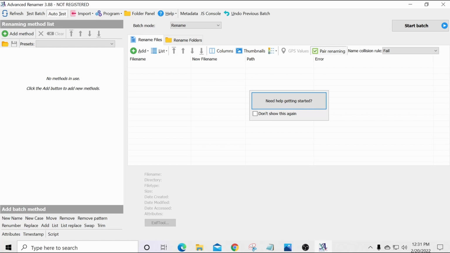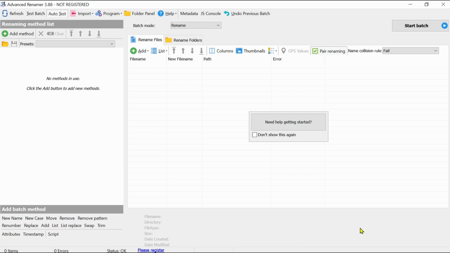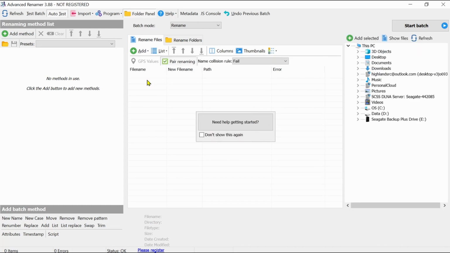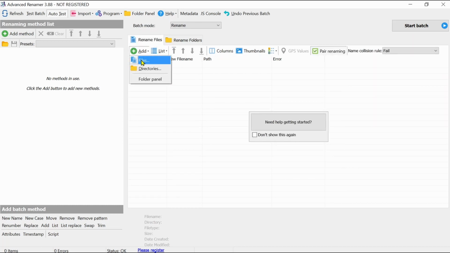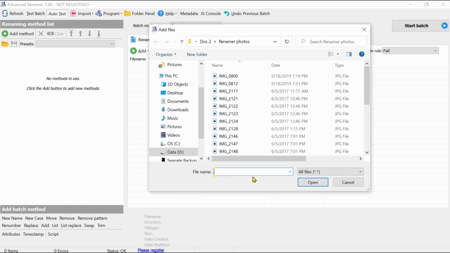I opened my copy of Advanced Renamer so I can show you a few examples of how I use it, and you might get some ideas of how you can use it. First of all, you can go to the Add button here, click it, and you can add files, directories, or if you need help navigating, you can go to the folder panel here and navigate to the folder where your files are. I don't need that because I have it set up here in files,